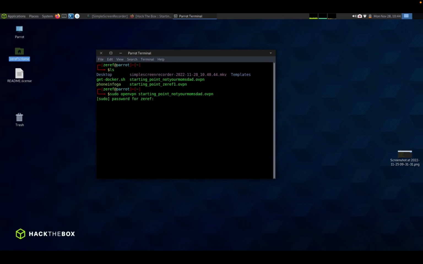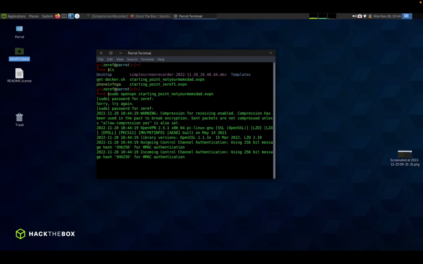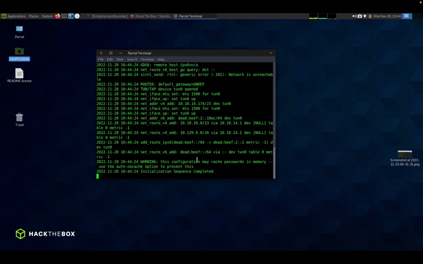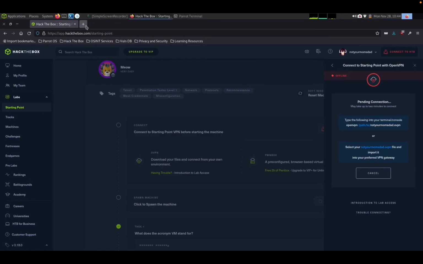When we put in our password here, if we type it in correctly, then we should get a bunch of gibberish here, which is going to say waiting for authentication. And then at the very end, if you see initialization sequence completed, then that means that it worked correctly. So if we come back here to Hack the Box and we refresh the page, we can see that